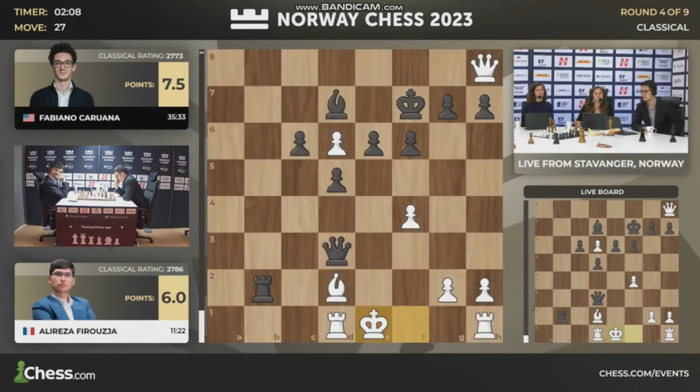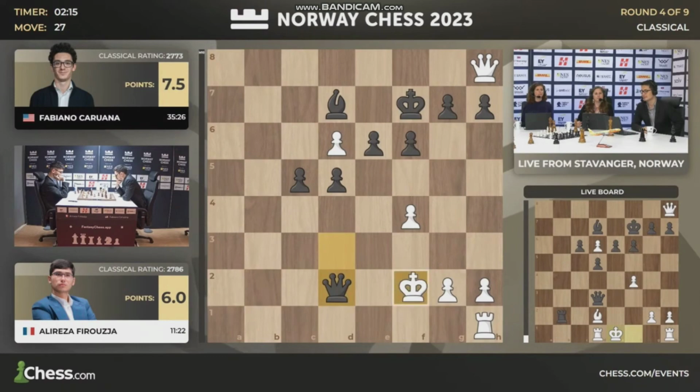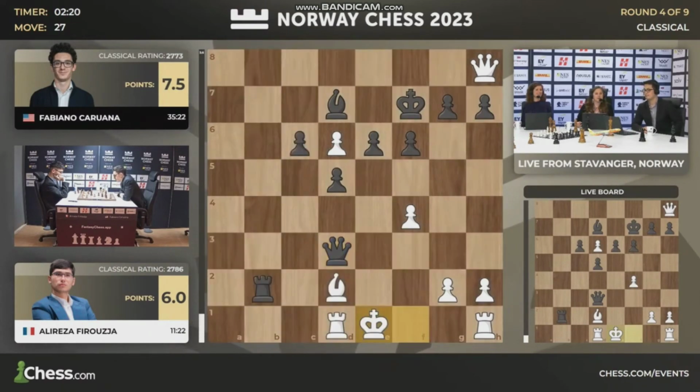Any time in these positions, yeah, king f2 will be met by a capture, and black simply has too many pawns, and it will likely end in checkmate anyway. Wow. What a game by Fabi. Yeah, what a brilliant